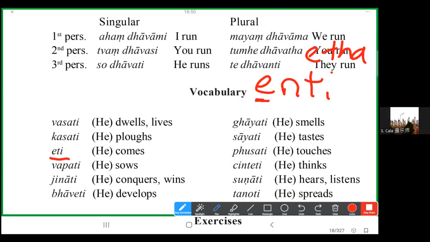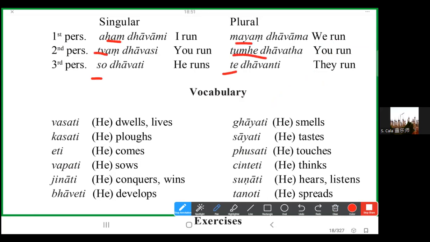Okay, now this way is a good, correct way for everybody if you want to learn Pali. Basically, you just put the so, te, tuam, tumhe, aham, mayam, and then you change it. Okay, change this one and replace this dawati. Right? So okay, last person try. Let's look for this. Okay, somebody try this one. All right, any volunteer?